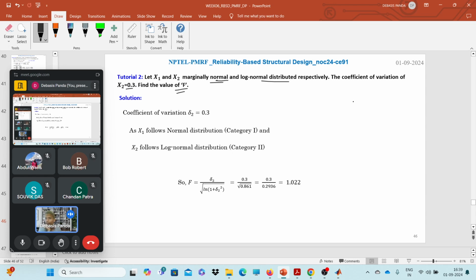You have two kinds of distribution: one is normal and another is log normal. So what will be the value of f? That means your xi is normal, but xj falls under category 2. That means your f value will be a function of the coefficient of variation, delta, right? So just go to that table,